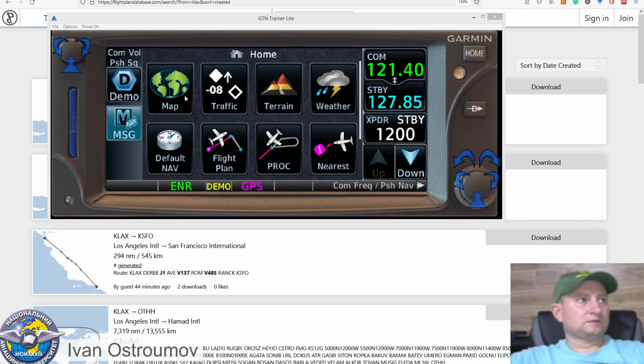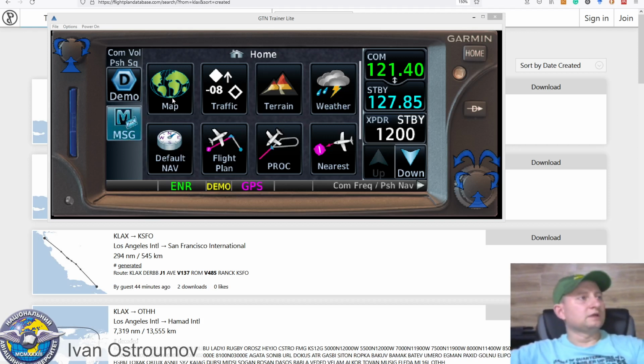At the home menu we will see the map menu, we can see traffic data, we can see terrain, we can also get access to weather data, default navigation settings, and flight plan, and actually we will work mostly on the flight planning side today, then procedures,